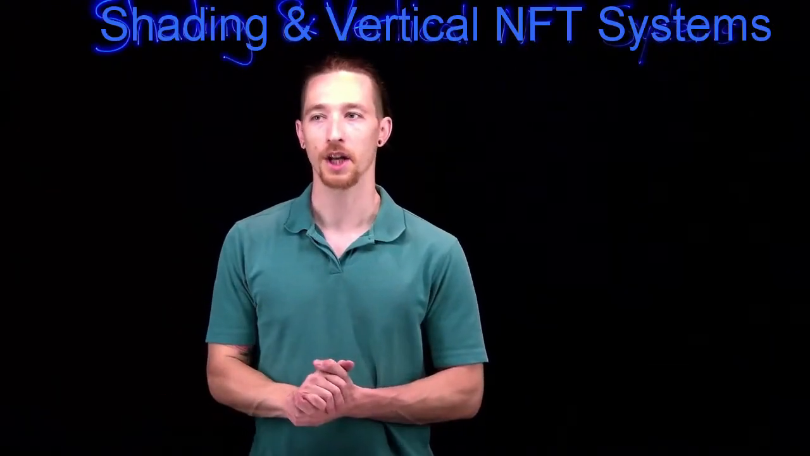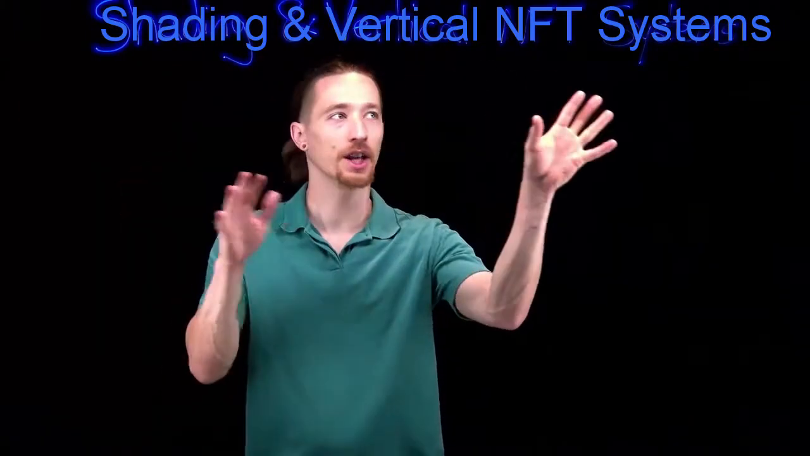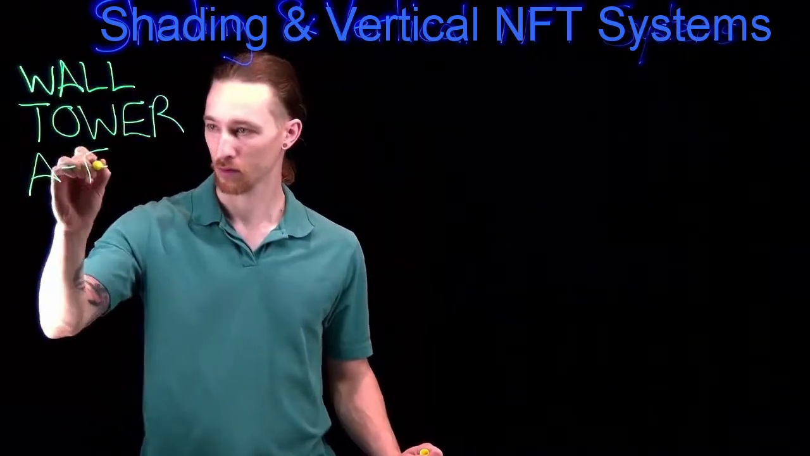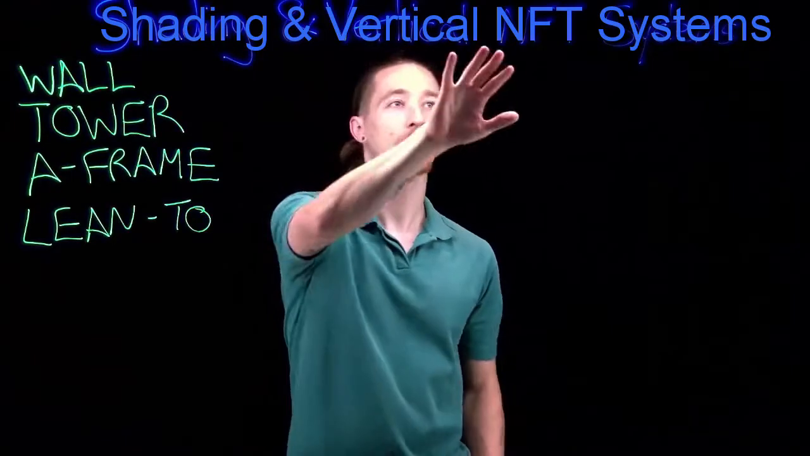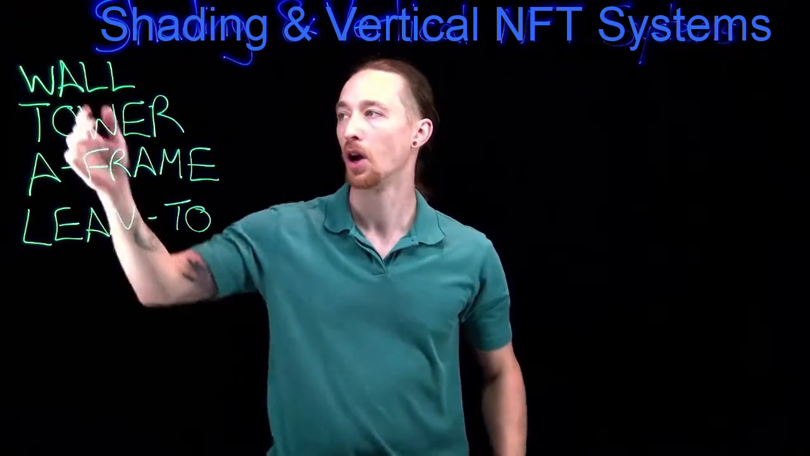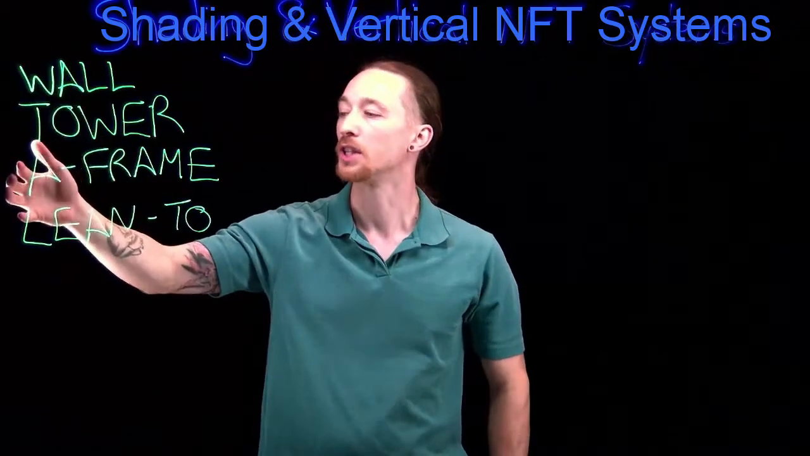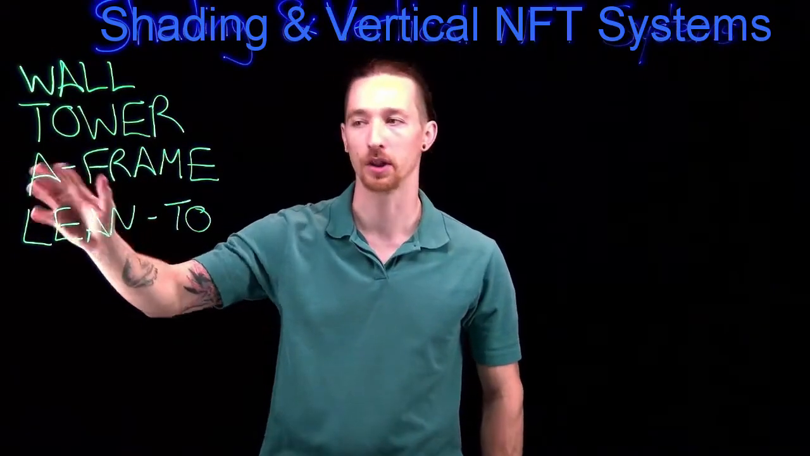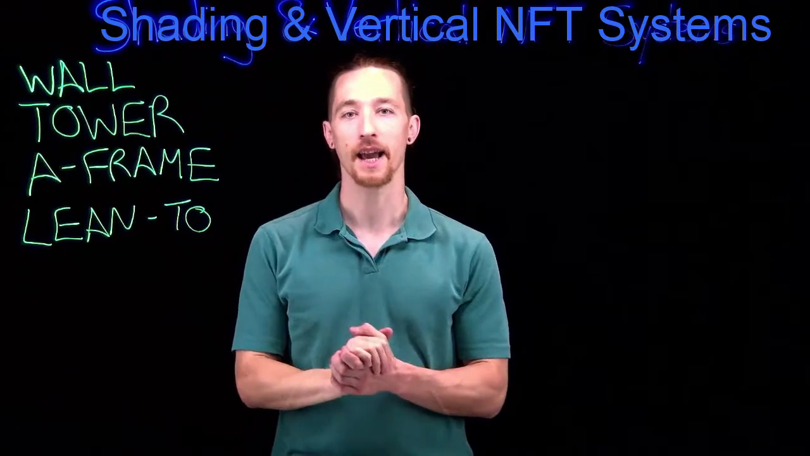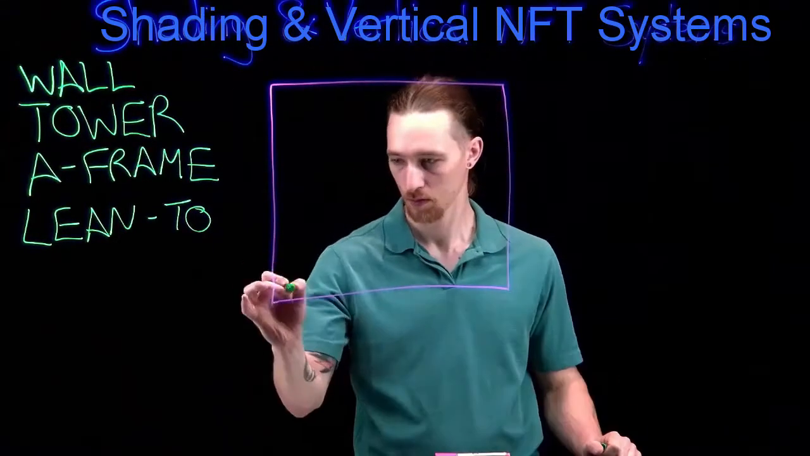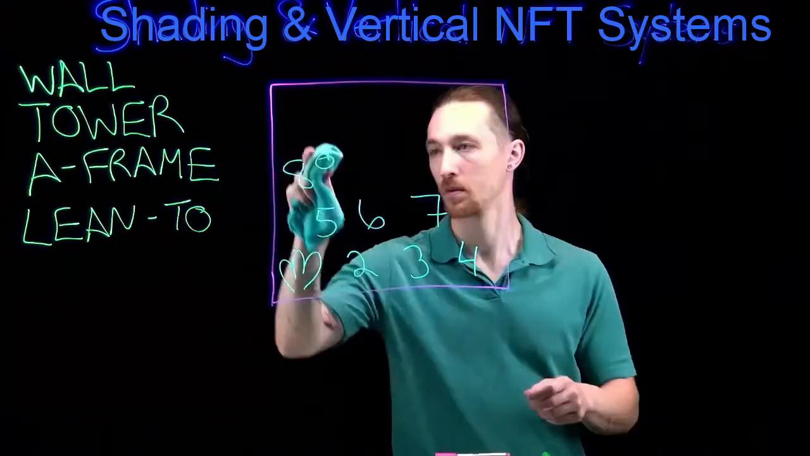So here we are today to talk about shading and vertical NFT systems. We're going to cover 4 different kinds. I've got these 4 basic kinds of vertical ways to build your NFT system. Walls and towers are kind of more similar, versus A-frames and lean-tos, which are also a little more similar. Let's see how they compare against each other when it comes to, again, shading and their overall gain on productive